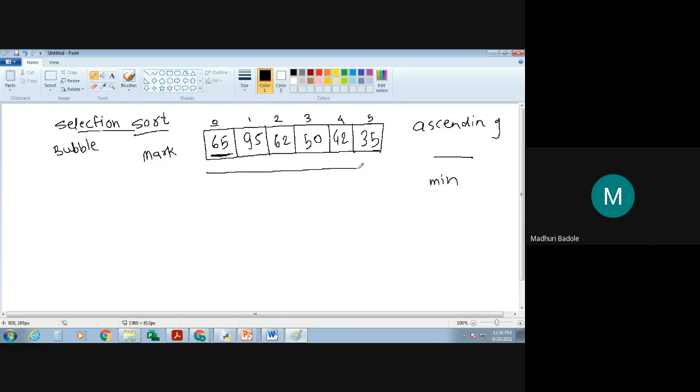Because see, firstly we have been done with the first iteration, that is comparing and searching for the smallest element present in the array. After finding that minimum element, you are placing that element at the 0th location. Fine. It means that the 0th location will contain the minimum element after the completion of your first iteration.